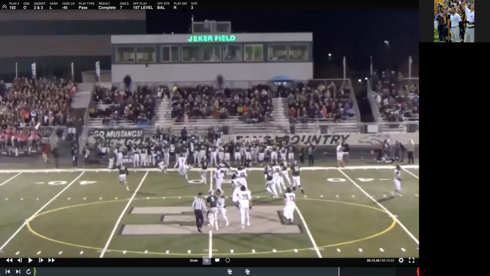Any mesh concepts? Oh, there's a few questions coming in. Mesh concepts. Yeah, we carry several mesh concepts. We can tag mesh a couple different ways, but I don't have that pulled up for you. I just pulled up the RPO stuff tonight. But yes, we love mesh. Mesh with the sitter over the top, mesh with the post dig, what the air raid guys would call mesh pyramid.